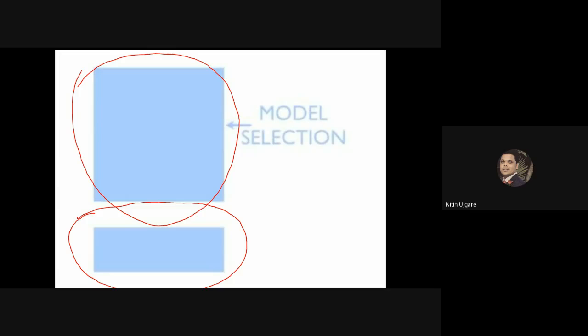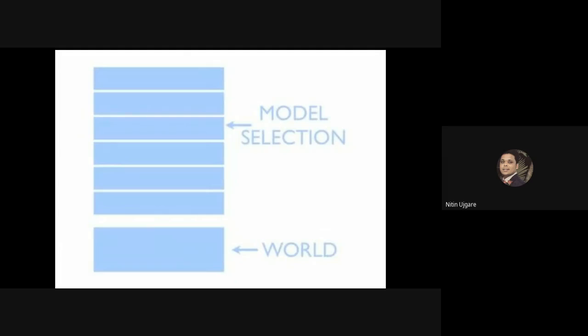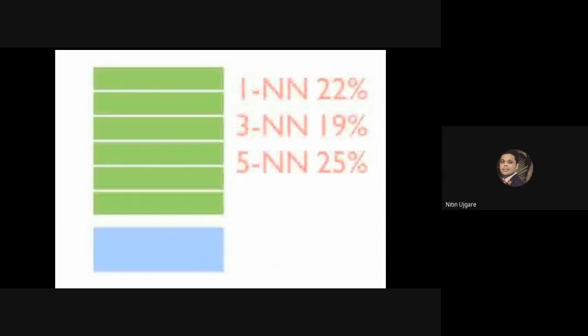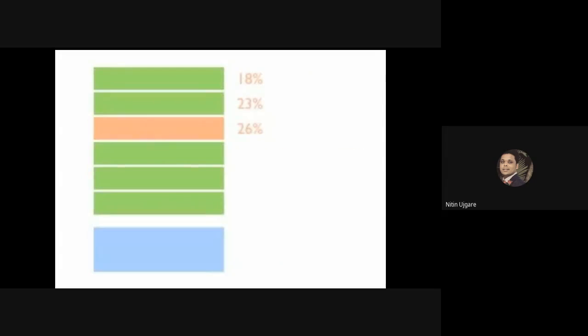The important point here is that the unseen world data will never be used by our model selection procedure. To perform the model selection, we divide the data into folds just like before. In this case, we have 6 folds. We then perform the cross validation for each of our methods to determine an error rate. In this case, 3 nearest neighbor is the method, and we followed the same process, splitting the data into 6 folds.